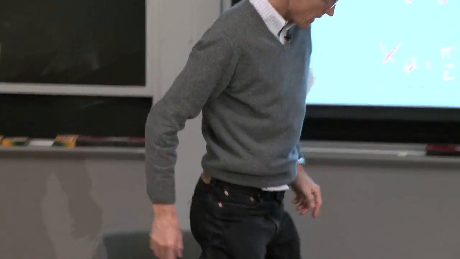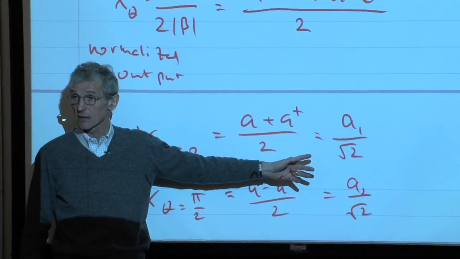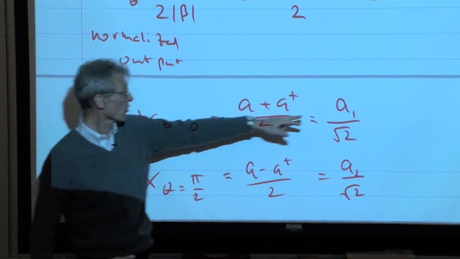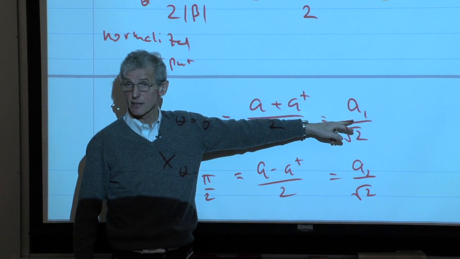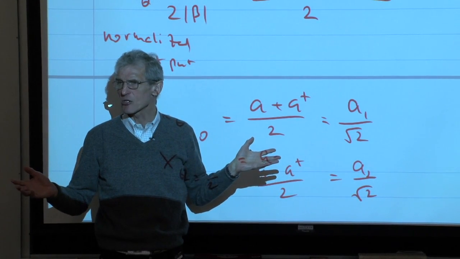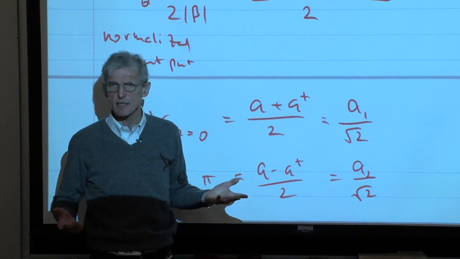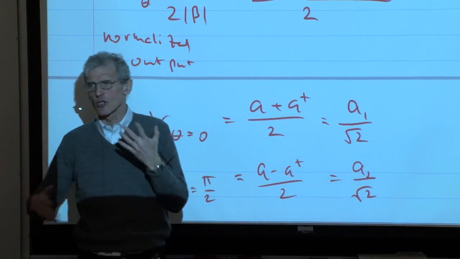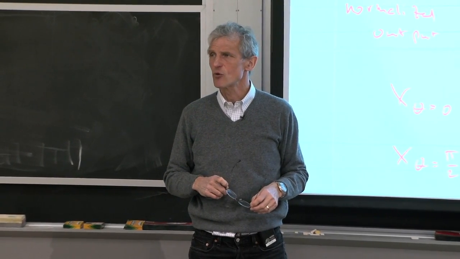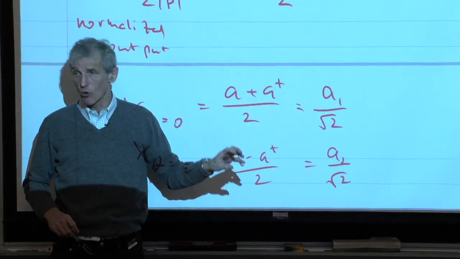I've posted a few papers on the website which show some of the pioneering experiments where people did exactly that. So when they observed, let's say, the quadrature component which was squeezed, they usually did it for a squeezed vacuum, so A1 and A2 had 0 expectation value, but the interesting part is how much noise was there. If you don't squeeze, you find that your normalized noise simply corresponds to the classical photon shot noise. But if you are squeezed, you find that one quadrature component has smaller noise than shot noise.